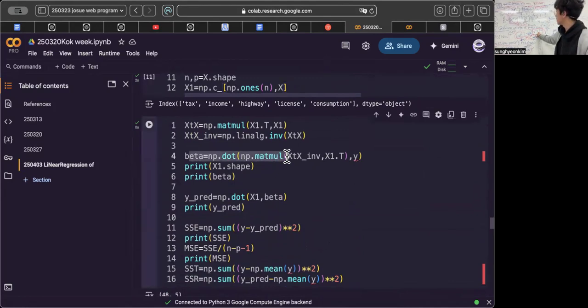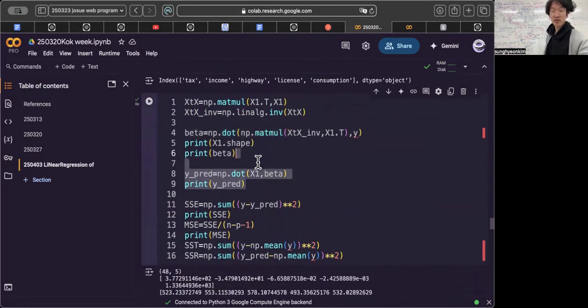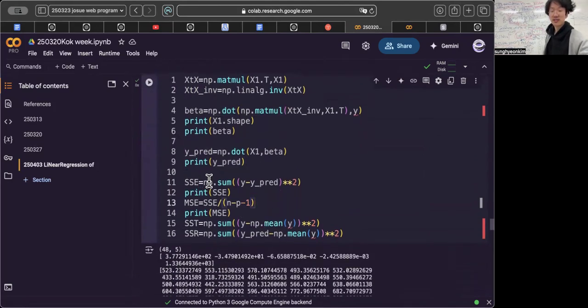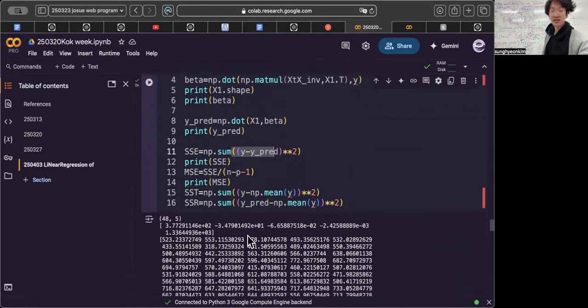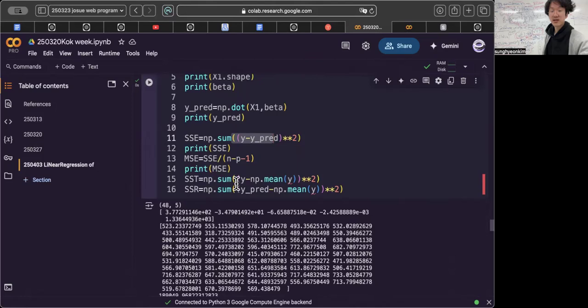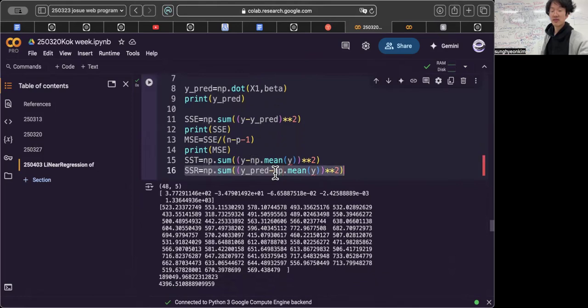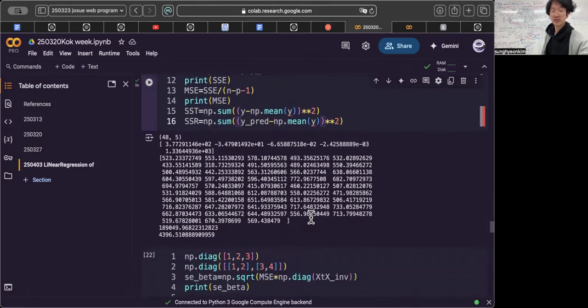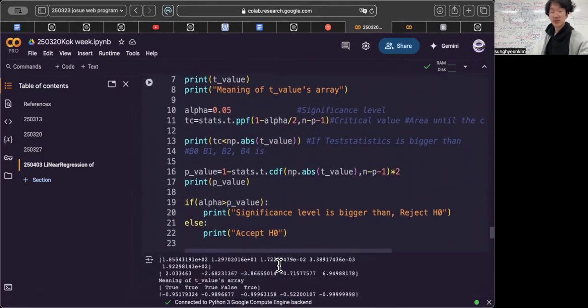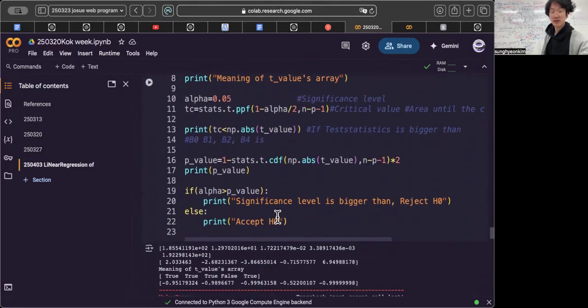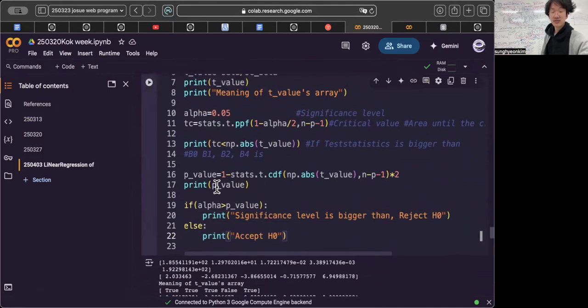We can think of it as moved to the other side of the matrix, so we can predict values, and we can get SSE, which is the sum of y minus y prediction squared, or MSE, and we can also get SST, the sum of y minus y mean squared, or y prediction minus y mean squared, which is SSR. And we can also take the diagonal with np.diagonal and check it. But in this case, the p-value we can calculate as 1 minus statistics.cdf,